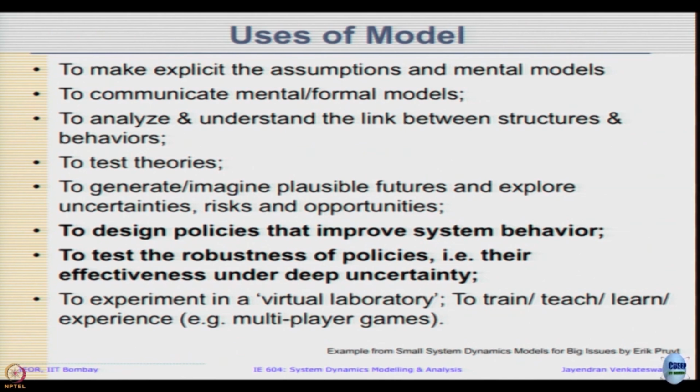to analyze and understand the link between structures and behaviors, to test theories, to generate possible futures and explore uncertainties, risks and opportunities, to design policies that improve system behavior, to test robustness of the policies and their effectiveness under deep uncertainty, to experiment in virtual lab, to train, teach, learn, experience, etc. are all the broad purposes of model building. The first few ones may seem quite abstract, this is when you self learn,